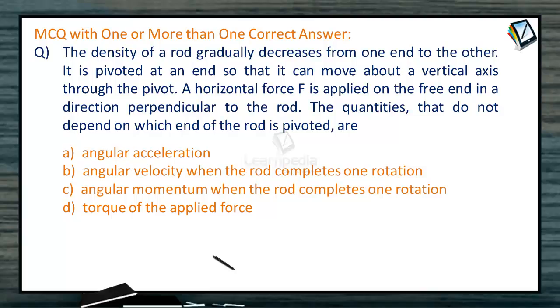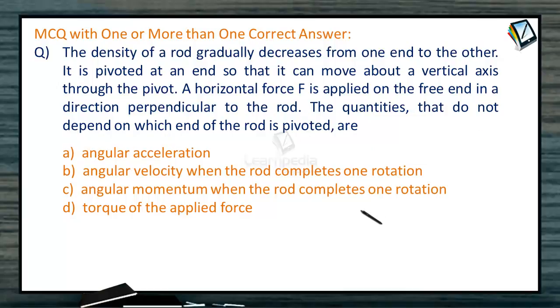MCQ with one or more than one correct answer. The density of the rod gradually increases from one end to another. It is pivoted at one end so that it can move about a vertical axis through the pivot. A horizontal force F is applied on the free end in the direction perpendicular to the rod. The quantities that do not depend on which end the rod is pivoted are: